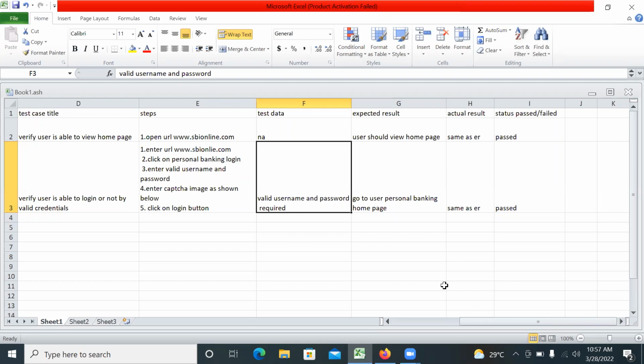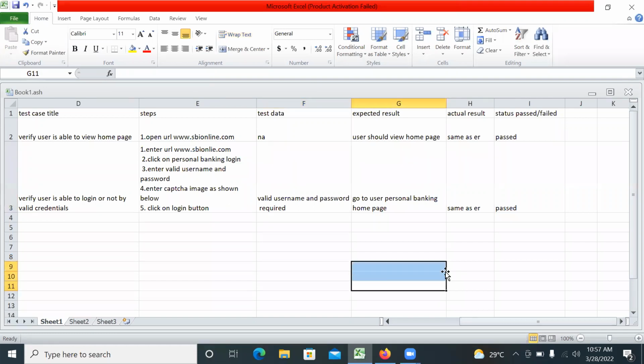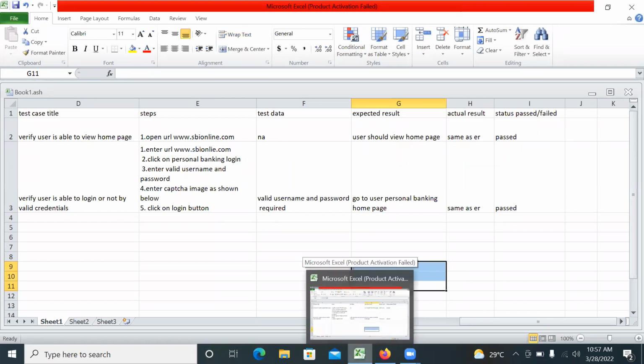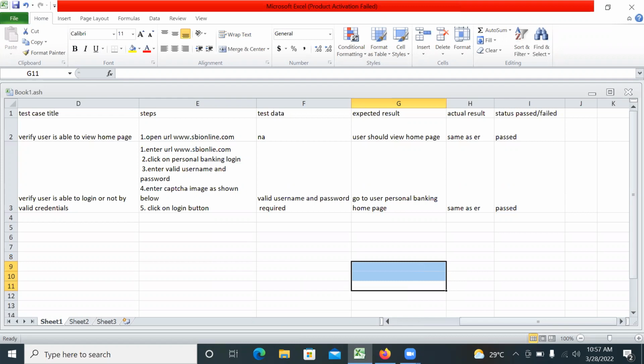You tell me, I asked you to write one simple test case. Will it take 15 minutes maximum? Maximum 15 minutes. You might be seeing my frustration, that I'm shouting at the people. But you tell me, on Saturday when I explained this, I asked you to watch a video on this and write one particular test case. Is it hard to do, guys? For this one, you people are telling me a lot